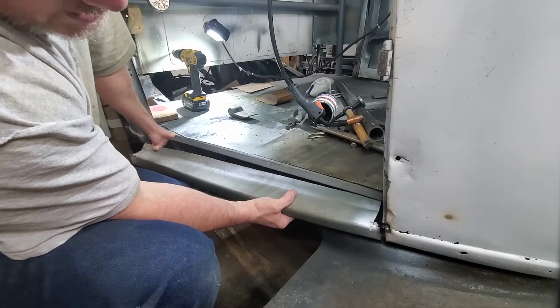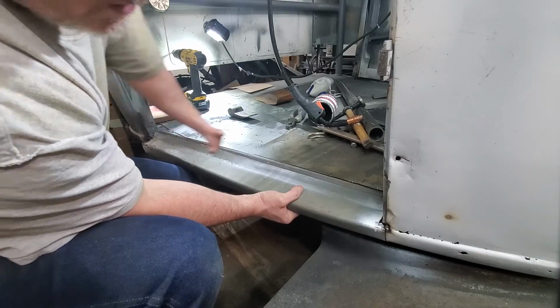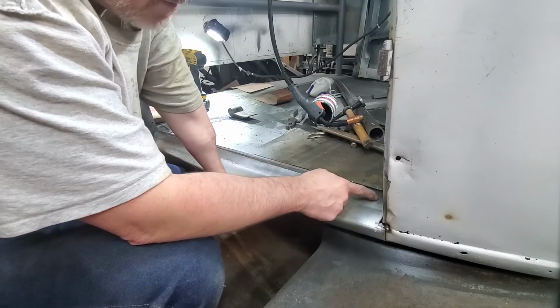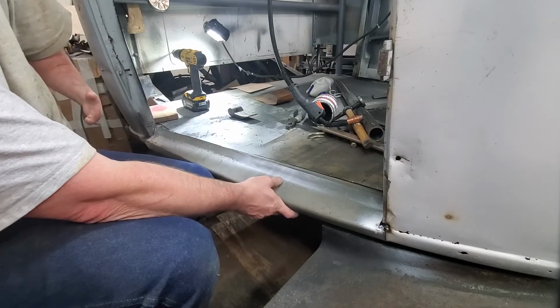Set it in where it needs to match up, like right there. I can see that I bent it too far up in here. It's too far down, so I need to bend it up a little bit to help the transition, because in the back corner